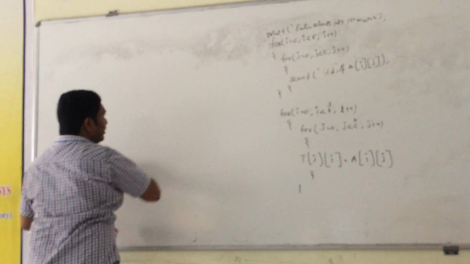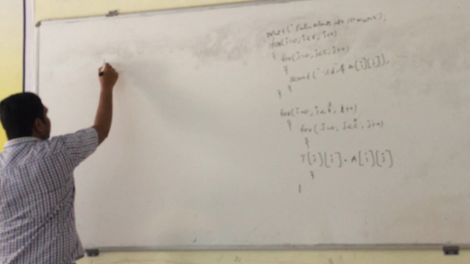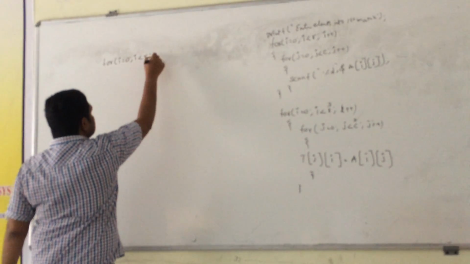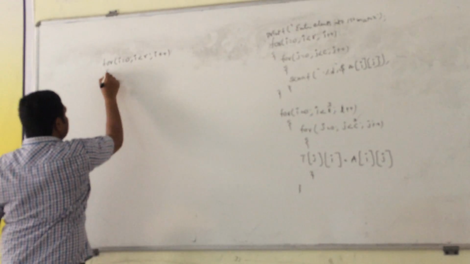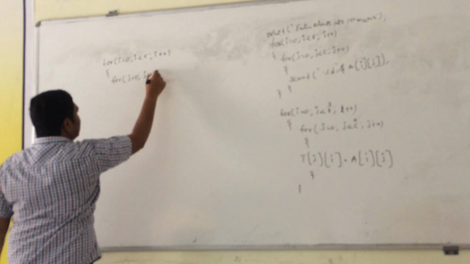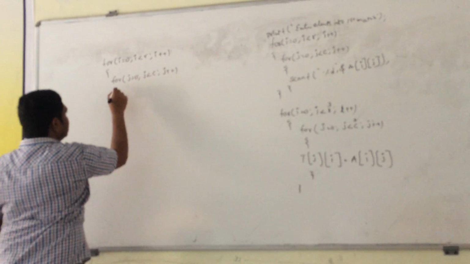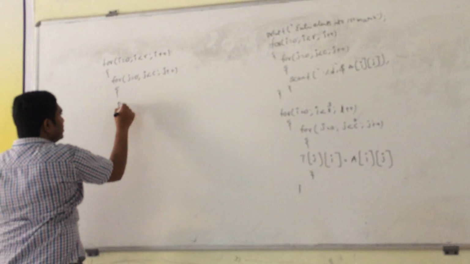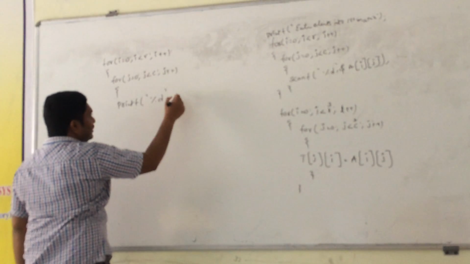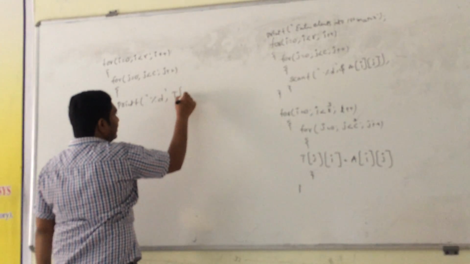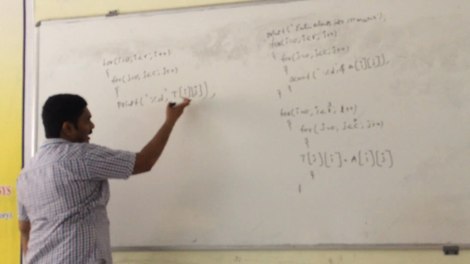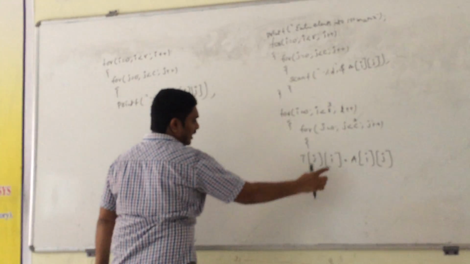For printing, we use the printf statement. For this also, we use a for loop. For i equals to 0, i less than rows, i plus plus. For j equals to 0, j less than columns, j plus plus. So for printing, we use the printf statement. Printf %d, the resultant matrix is T of i j. So printing is normal i j. Here only we use the j i.